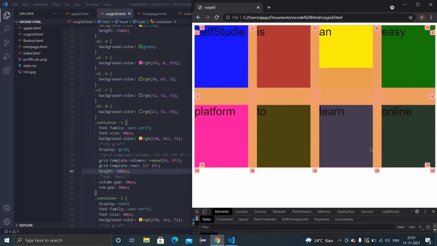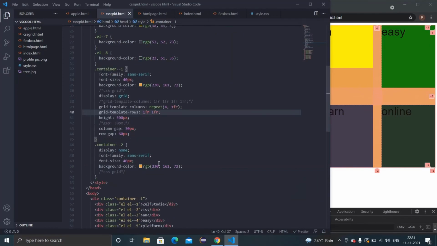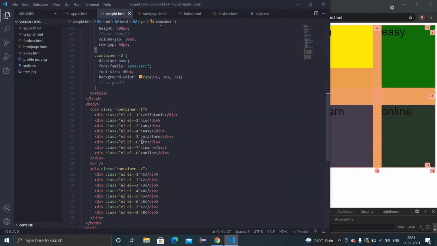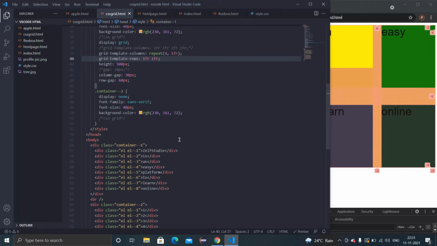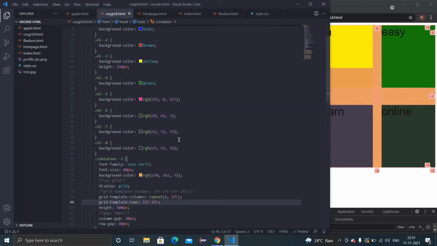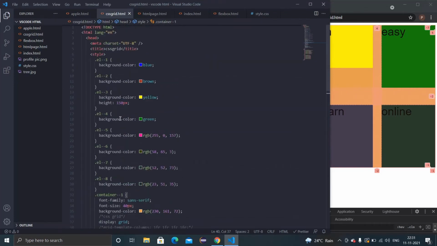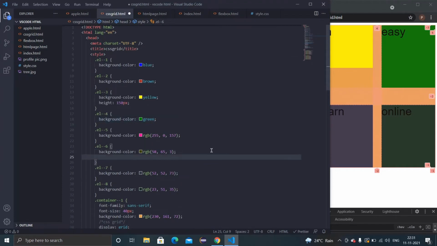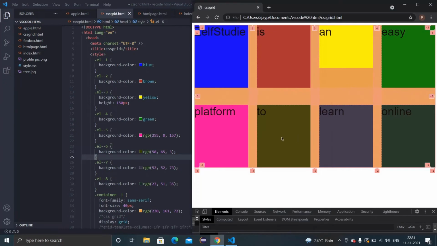So if you want this from here to here in this row, this 2 is el6. So go to el6. Where is that? Here is el6. So for this el6,